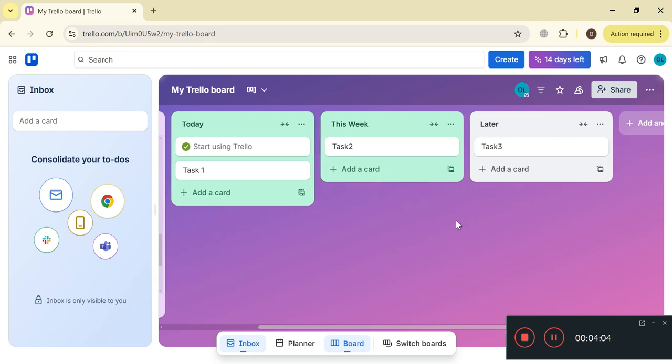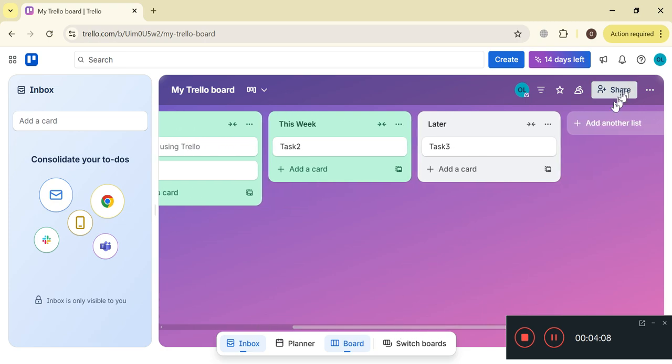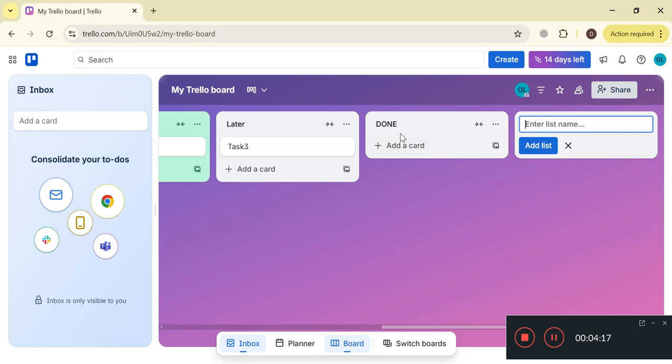So you just write a task, assign a team. Okay, you can also add another list here according to your need. Like you can add Done. That's how the Done list will be added, and you can add all the tasks which have been done in this list. And you can assign a specific person to that specific card so that they can complete the work and manage your Trello board.